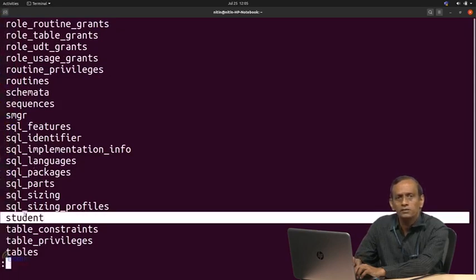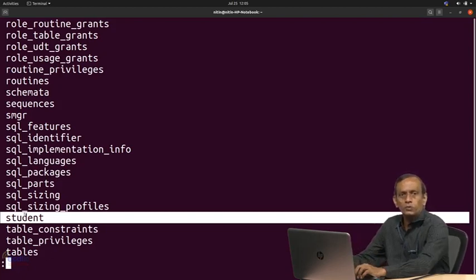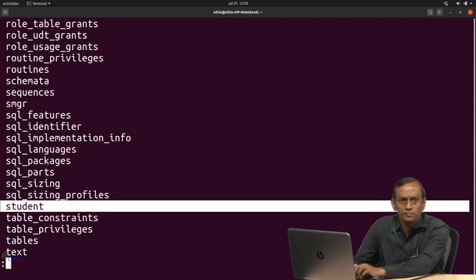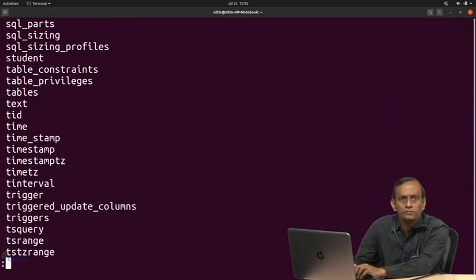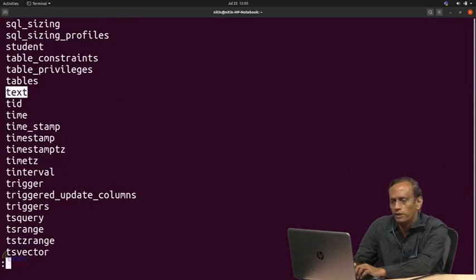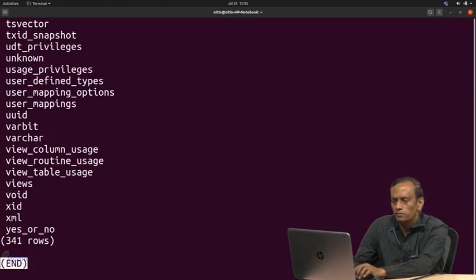What is this? A table name created by us. It should not be a surprise for you to see this student. Why? Because the table that you have created can be used as a type as well. Like inside a class definition you are using another class, a subclass for example. So one column would be of type student in this case. Fine. Okay, so text, there is a type called text, and so on.